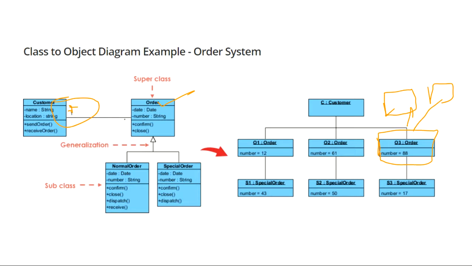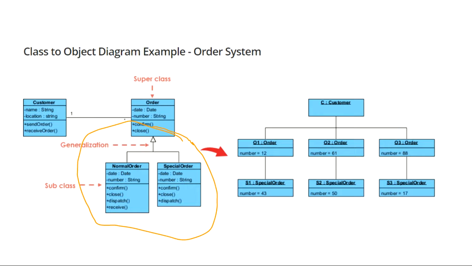Okay. Now the last thing is very simple. This is nothing but the inheritance part, that an order can be a normal order or a special order. And there is no multiplicity represented here. So you will simply relate one object order with the other object, suppose, special order. I created one object for special order. I will just show the association between them. There is no multiplicity, so you need not complicate the things.